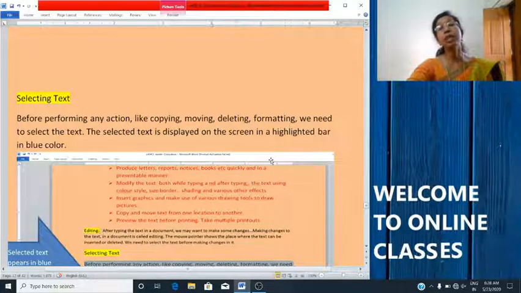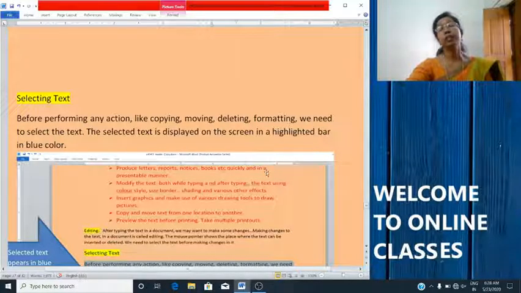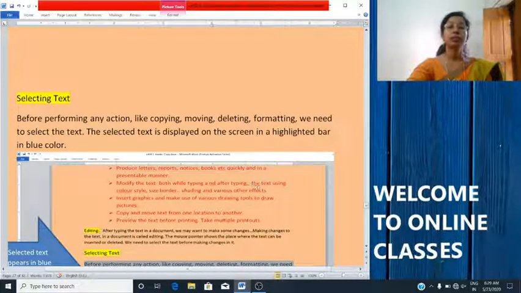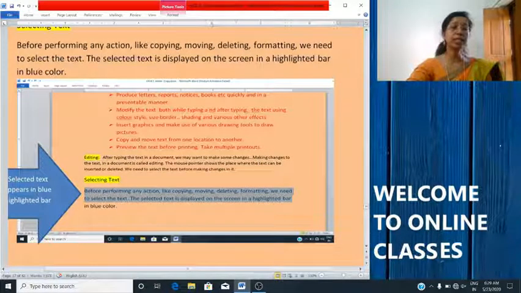Before performing any action in the document, like copying, moving, deleting, formatting, rearranging, anything, first we have to select the text. The selected text is displayed on the screen in a highlighted bar in blue color. Okay, you can see once we select the text.